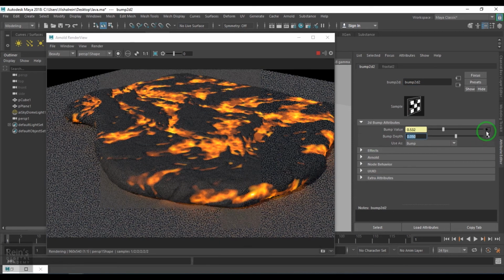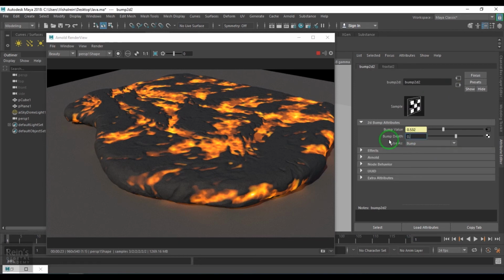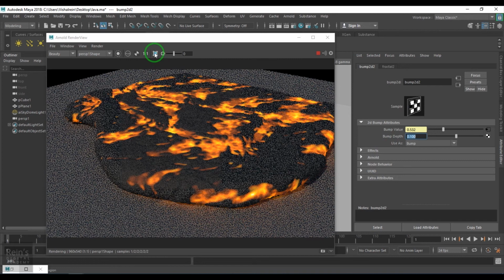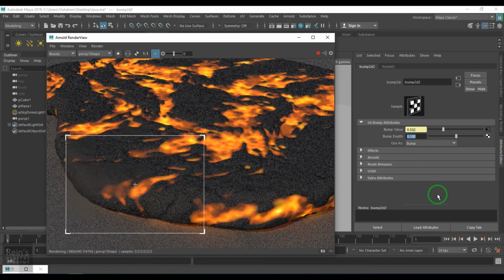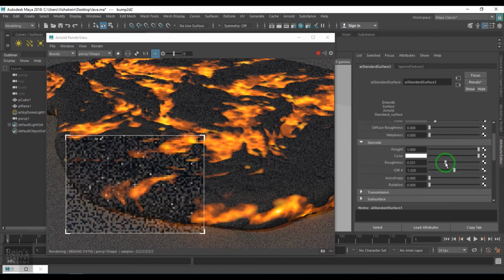I'll increase the bump value there. Just let's a part of the model, and also let's increase the shine on it so that I can just feel some gloss on it.